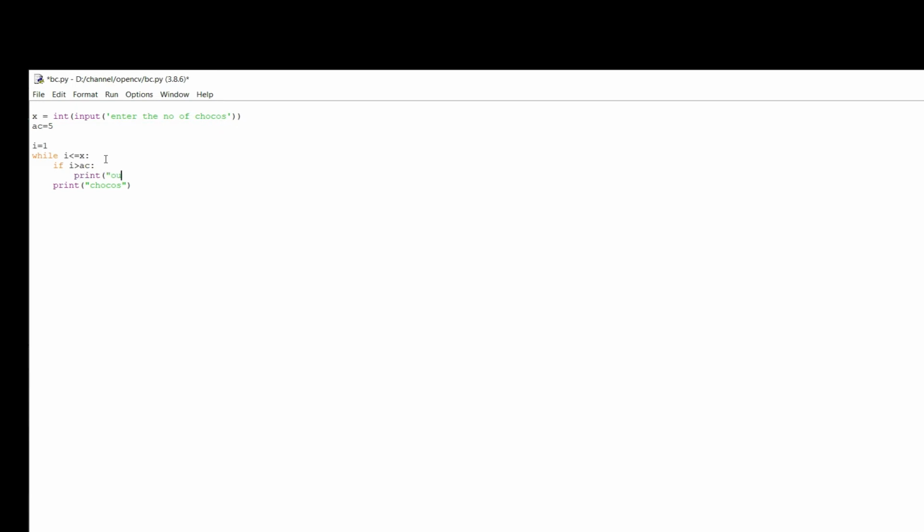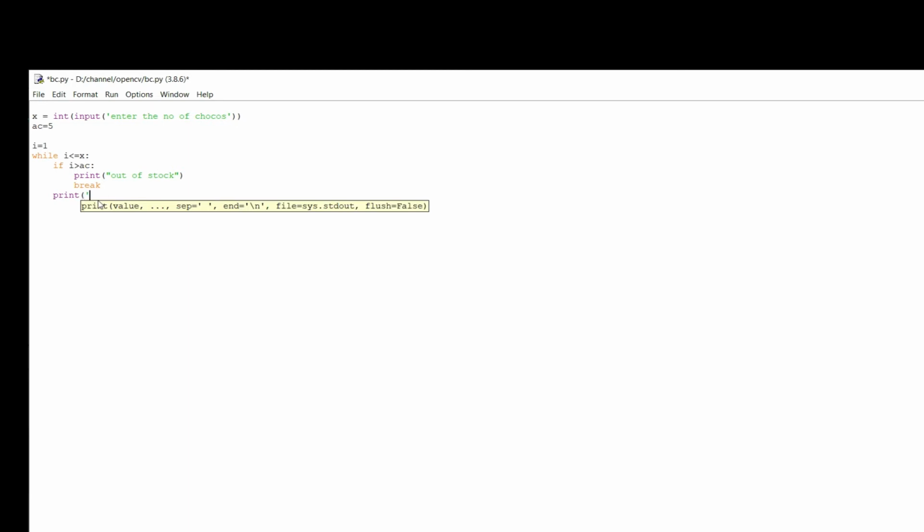There is no stock present in the vending machine to give the desired number of chocos. When there is not sufficient stock, then you need to break the statement.